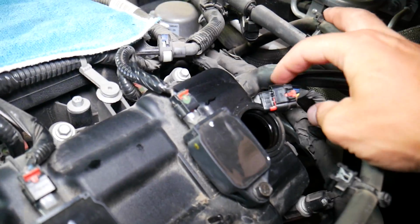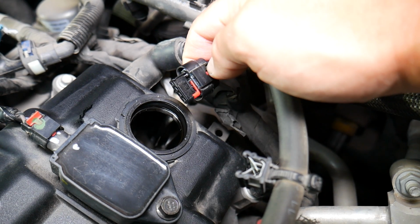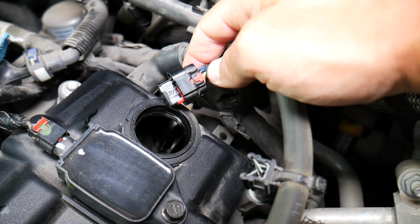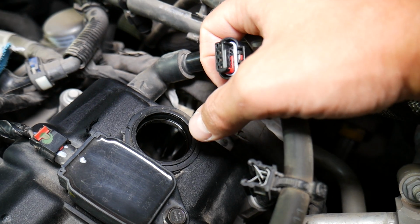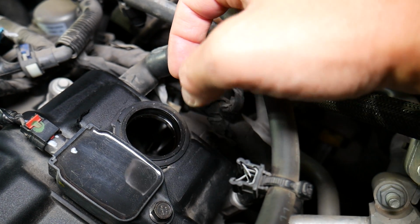It could be a connector that's disconnected. Often people will not push the connector all the way in. They may even forget to connect it if they worked on their car. Or the safety lock, if you have it, if it's not pushed in, the connector may come loose. Another common problem, if you have valve cover leaks or the camshaft gasket is leaking, that can cause the sensor wire to get dirty with oil, dust sometimes,